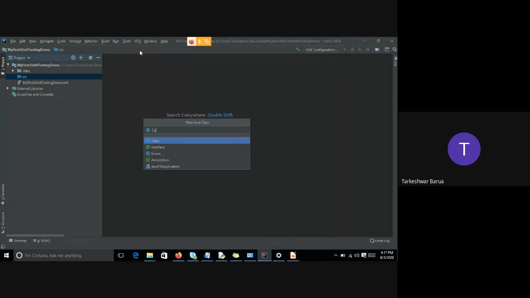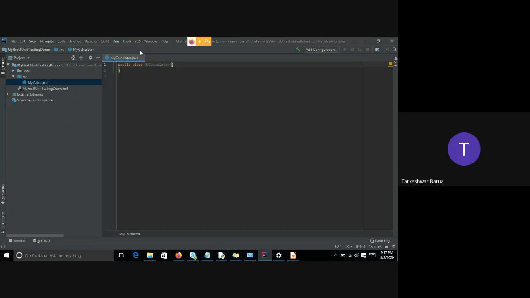Let's say Calculator. In my Calculator, I type the program: public int sum, and in the sum I have to pass int a, comma, int b.